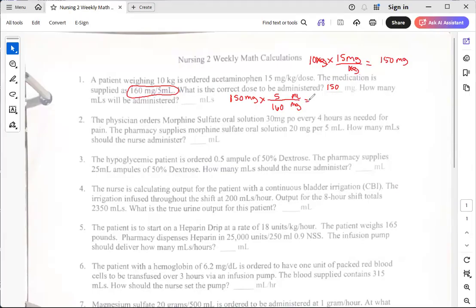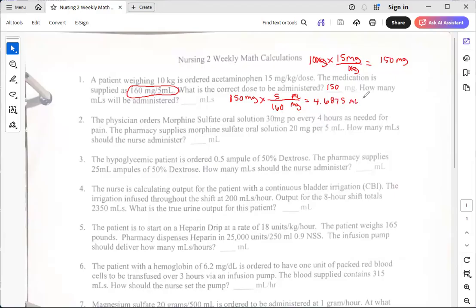This one I will use my calculator for. So I'm going to take 150 times 5 equals 750 divided by 160. And I'm going to get 4.6875. We're going to round that to the nearest tenth, but I'm going to write out